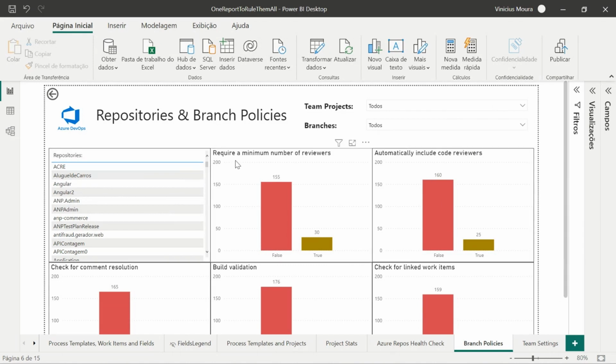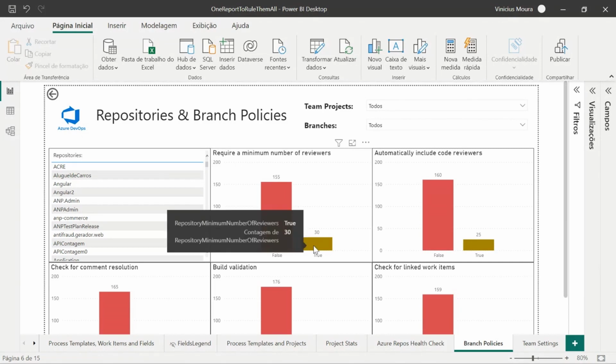For example, if I get the policy that requires a minimum number of reviews, only 30 repositories have this branch policy on.